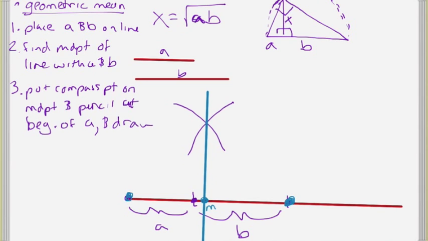And draw a semicircle. So I put my compass point at the midpoint, and my compass pencil